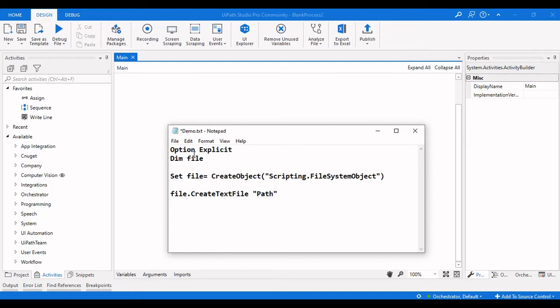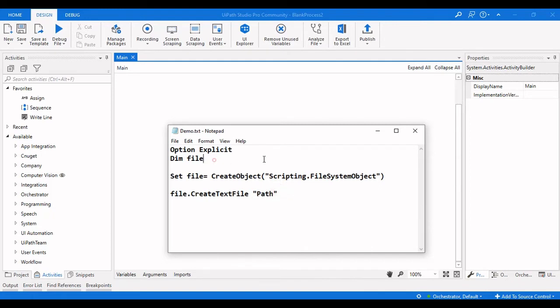This is a simple example of passing arguments to Invoke VBScript and creating a text file. So here it is a path. It is a constant path to the VBScript file. So we're going to make this an argument, passed from the arguments.